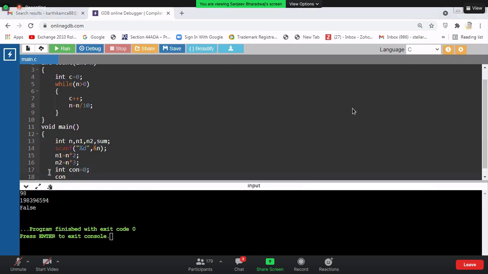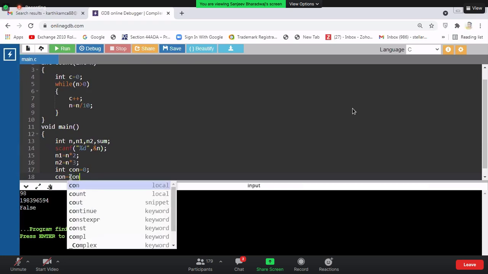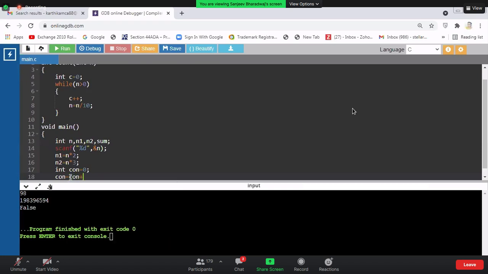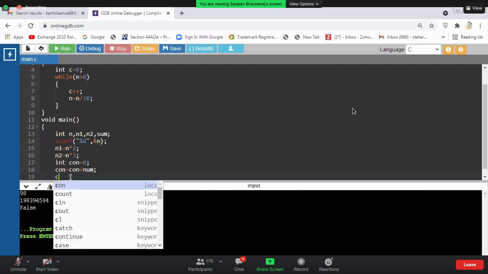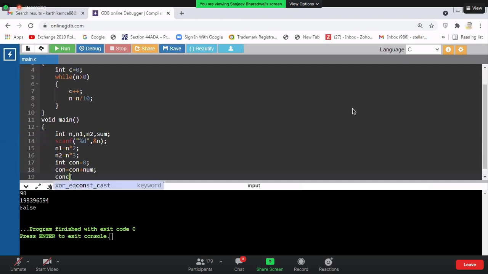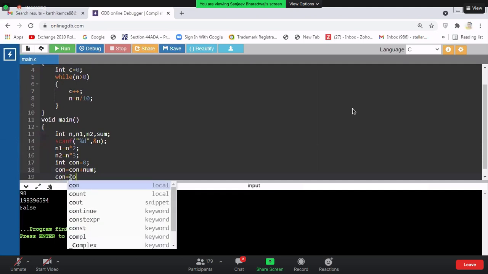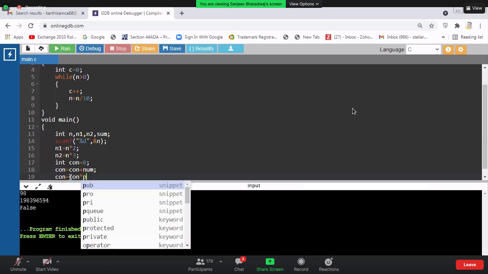So I'm concatenating the value with first 0. Now what I want to do is add my first value. So concat is equal to concat plus my number. First I have done this. And now what I'm going to do is concat equal to concat into power of